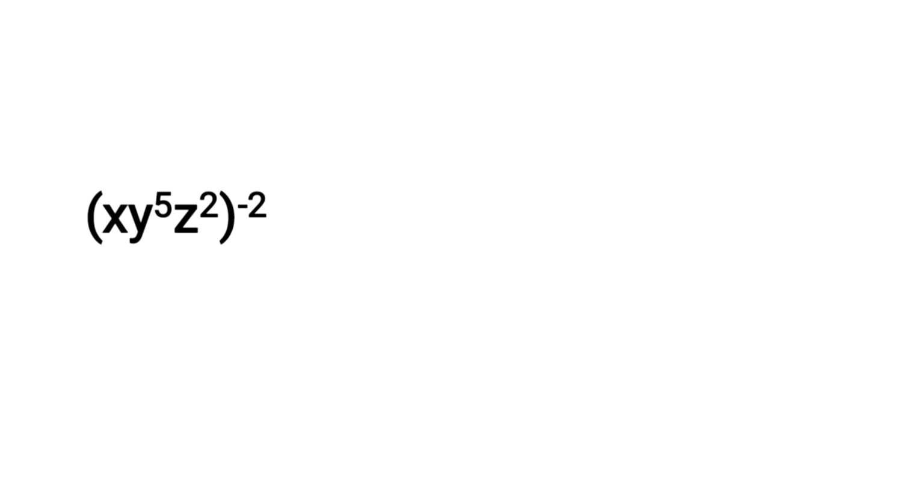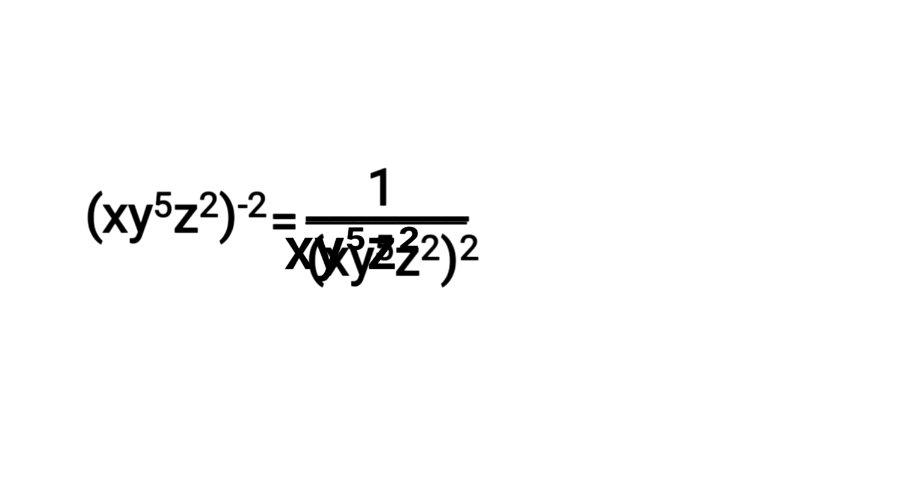formula, a to the power negative n is equal to 1 over a to the power positive n. So let's have the reciprocal of all of the elements inside the parentheses, with the exponent outside the parentheses be positive. So we have 1 over x times y to the power 5 times g to the power 2, or squared, and raised to the power